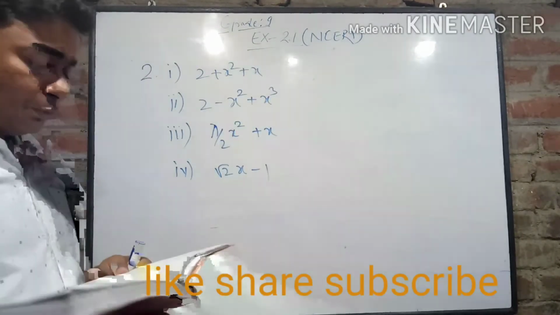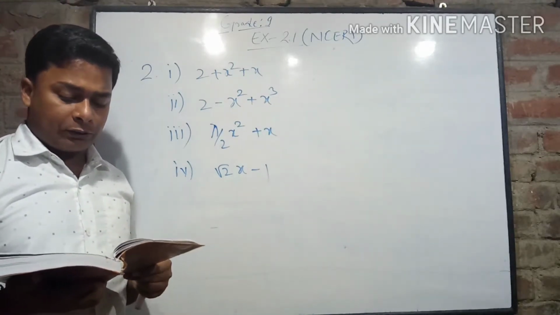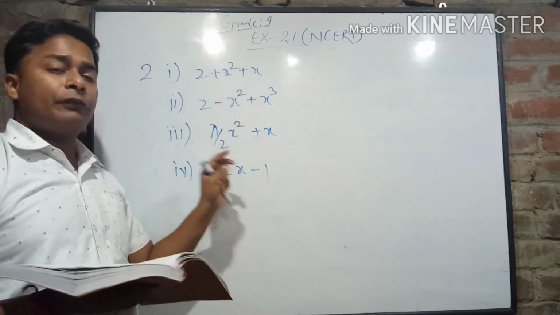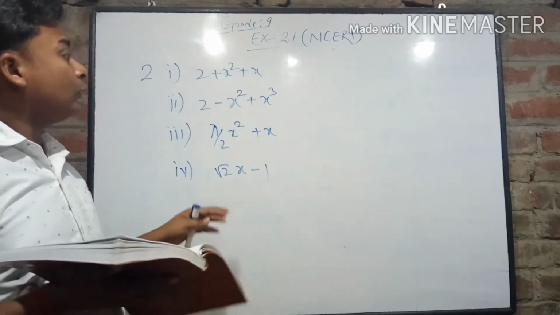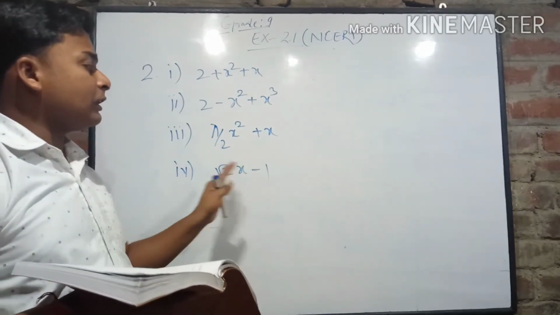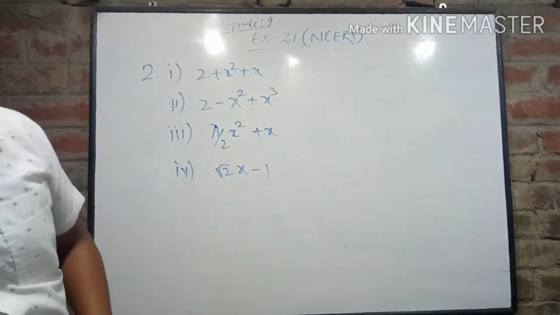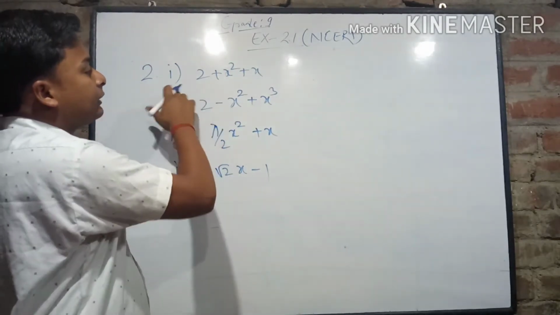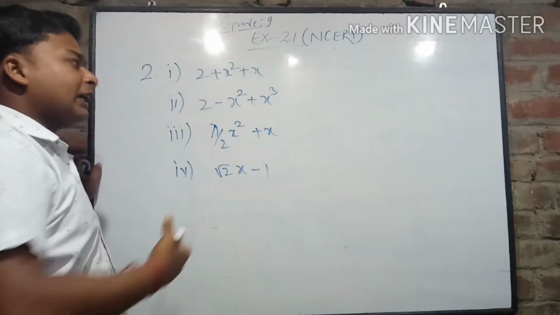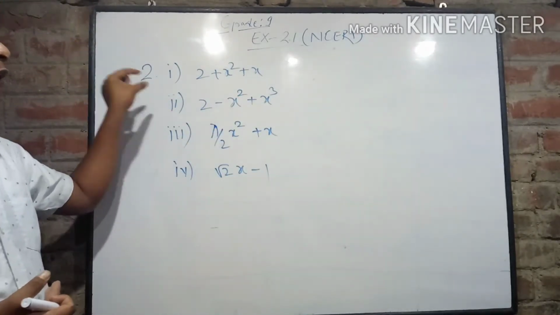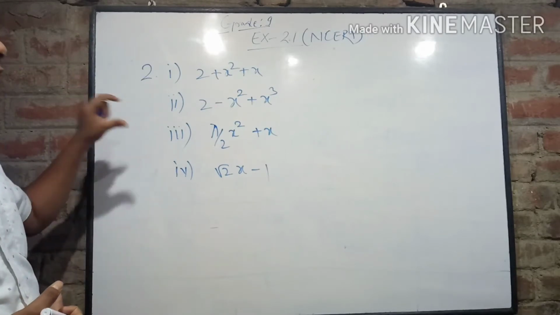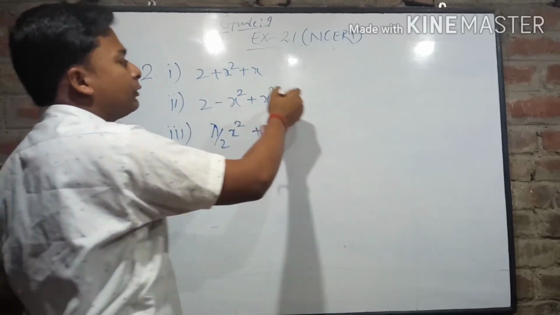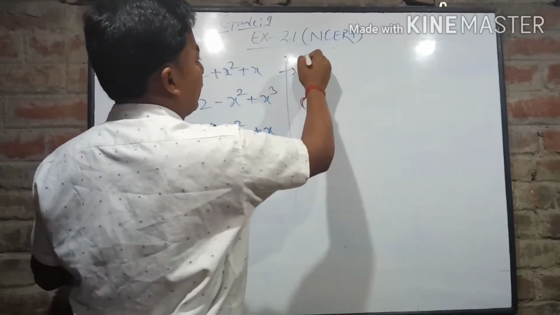Now in question number 2, write the coefficient of x square in each of the following. It means we have to find out in each term where x square is and what the coefficient of x square is. Other parts we don't have to worry about, like what the x cube is or whether it is given or not. In the first part we can see that 2 plus x square plus x. We can write them in the standard form. That standard form is always known as the decreasing order of the exponents. It can be written as x square plus x plus 2, but we have to write only the coefficient of x square.